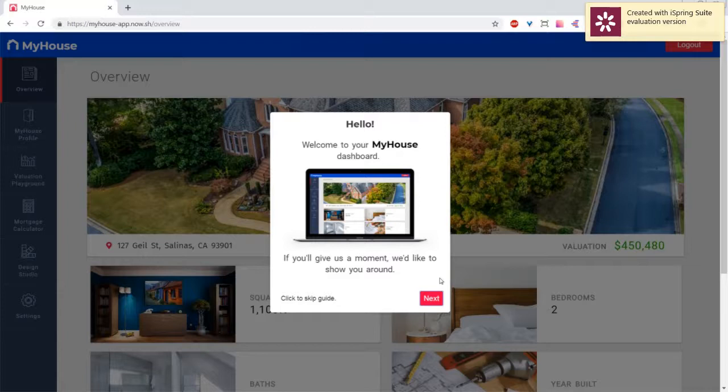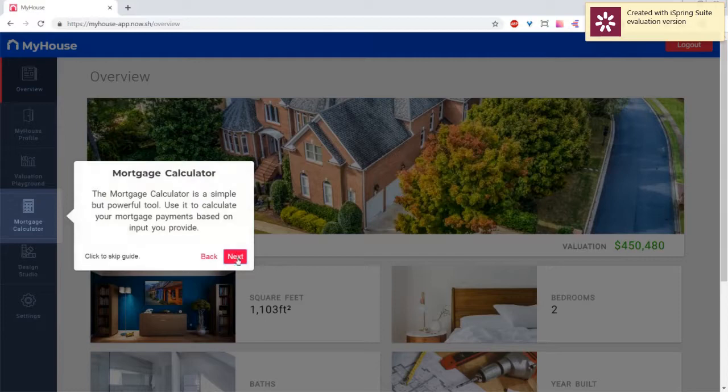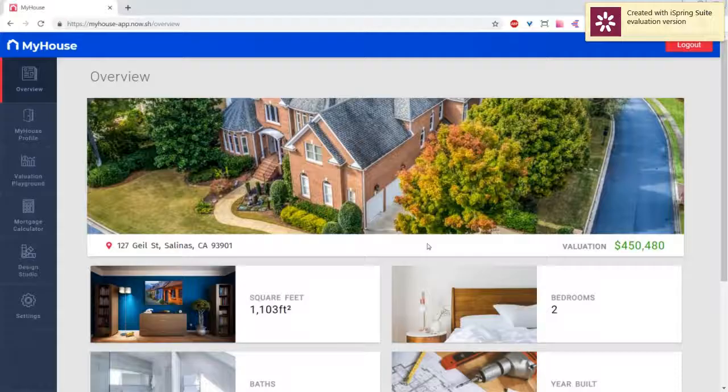Once we get through the registration process, we're going to land on our MyHouse dashboard page, and the very first time we land here, we're going to get greeted with this nice welcome modal. We can click next and go through a quick onboarding tutorial which tells us about the different tools that are available to us within our dashboard. Click done, and on the right hand side you can see we do get our new valuation, and this number is based off the initial value range plus the answers to the questions that you gave,